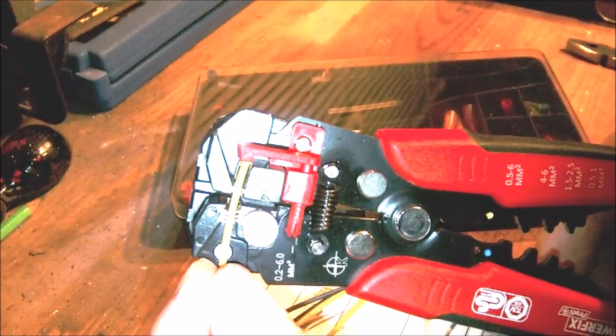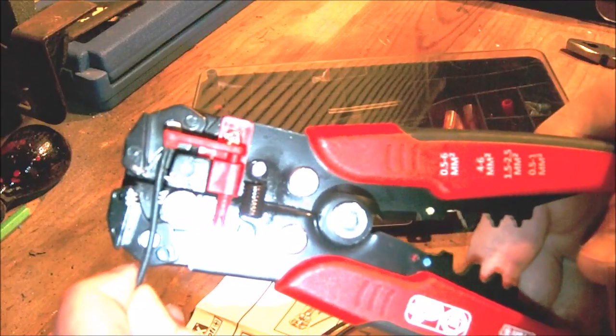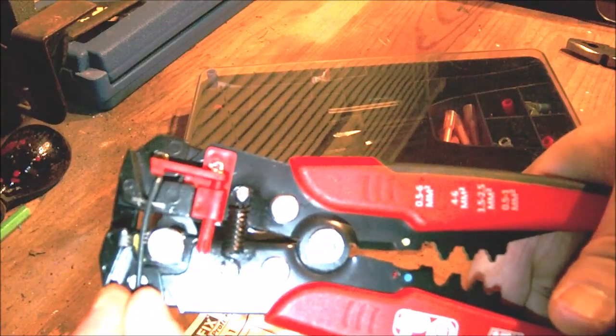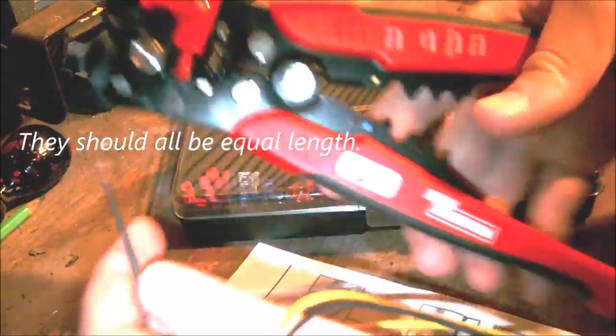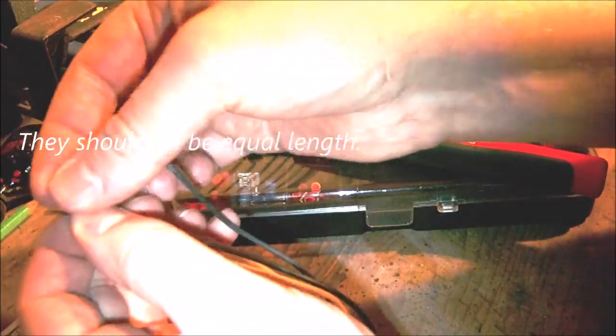So there you go. I'll just do one more in here. And it comes off just nice and easily. Just as simple as that. You do get them stuck, so just remember, when you take the previous ones off, to shake them out. The bits do get stuck in that part there, but they should all be really